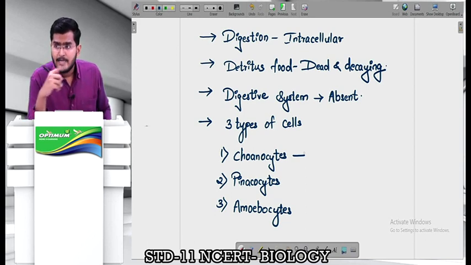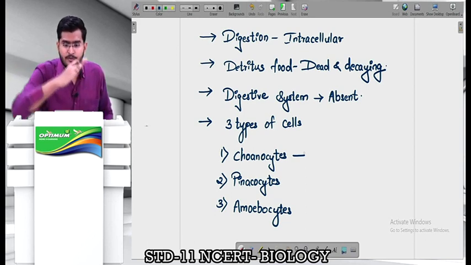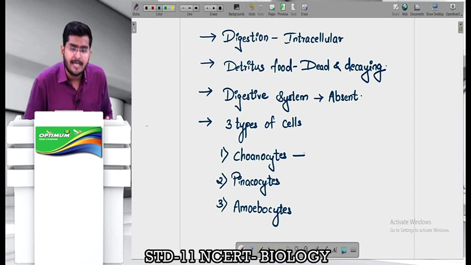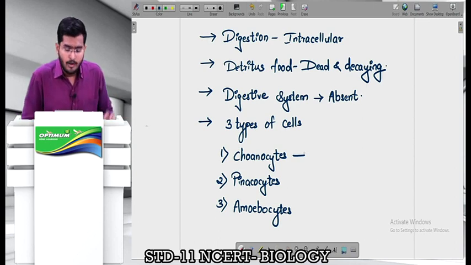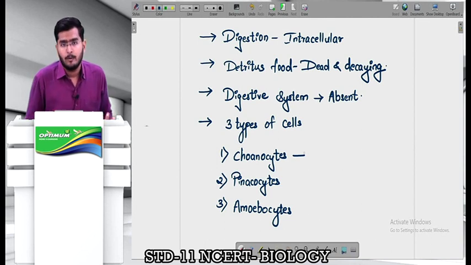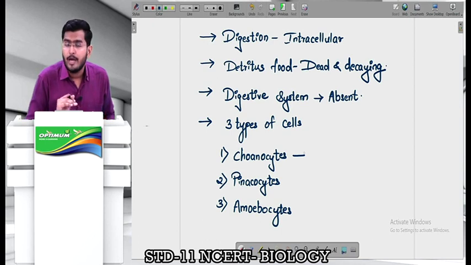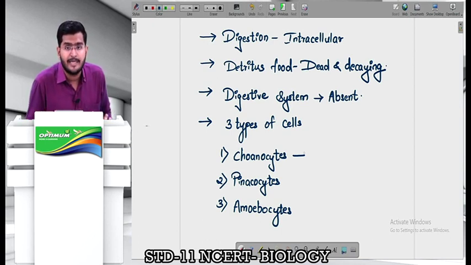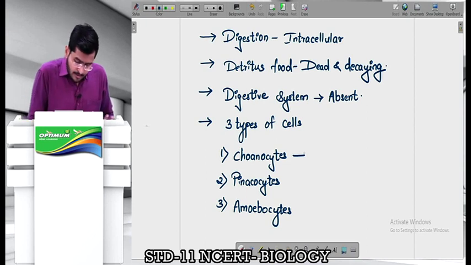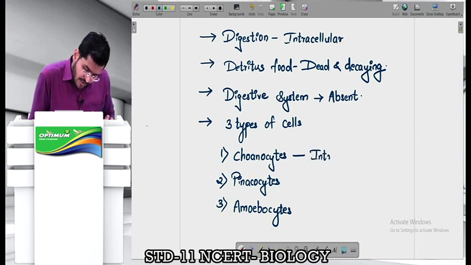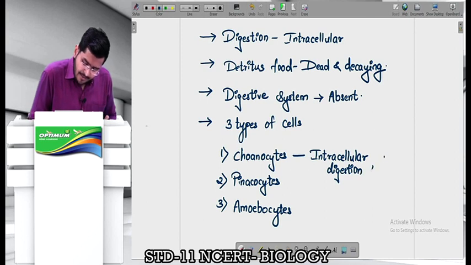They have flagella or cilia like structure, which is a wavy structure, due to whose rhythmic movement waste materials will be pushed forward, and they absorb only the necessary nutritious material inside and break it down. So they are responsible for digestion, and their cilia or flagella like structure ensures that all waste products are excreted out through the osculum. Their basic function is intracellular digestion, and other than that, excretion.